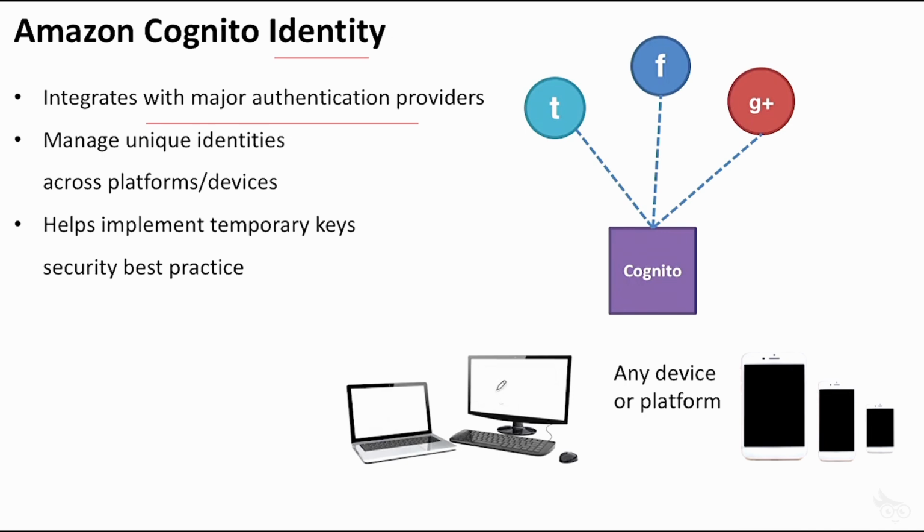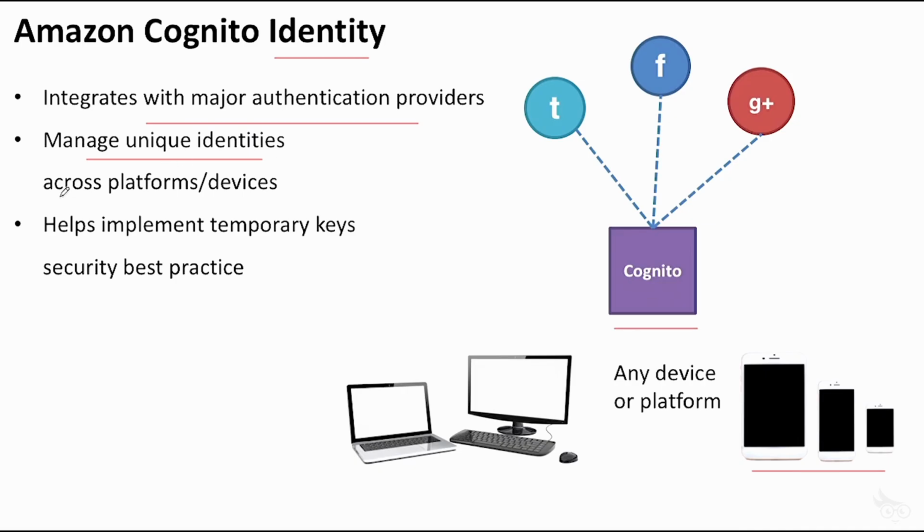It could be laptop, desktop, tablets, mobile devices. Instead of writing all of the various code to account for all of the differences between these various providers, because they all do things slightly differently, Twitter versus Facebook versus Google, we simply write against one platform, that is Cognito. We write against that one service and allow that one service to handle the details of these various services for us. It also helps us manage unique identities across various platforms and devices and helps implement temporary keys, as we've